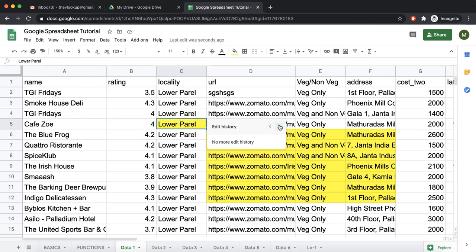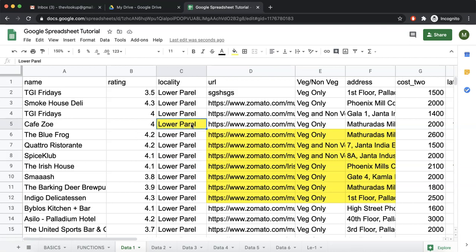If you just want to see the content of one cell, it shows you that the name of the owner of the sheet is master sheet. Basically, the email ID that you have created, the name given is master sheet. In your case, it would be your name. On 31st May 8:32 PM, it added something called lower parallel. This is how you read this.